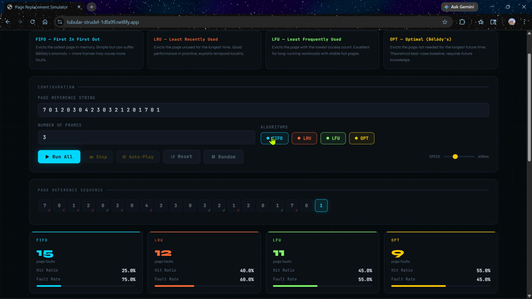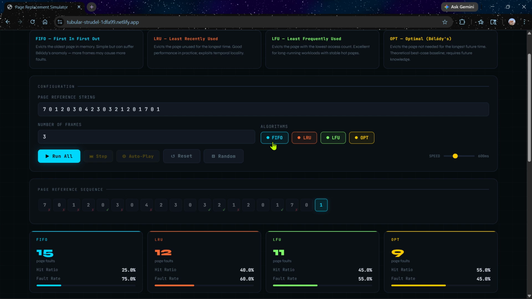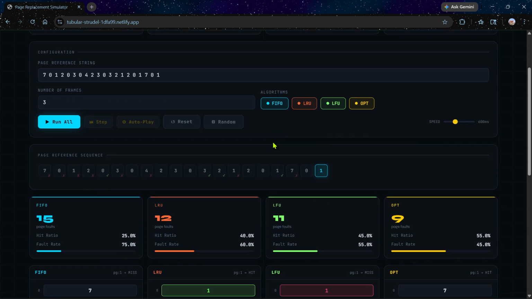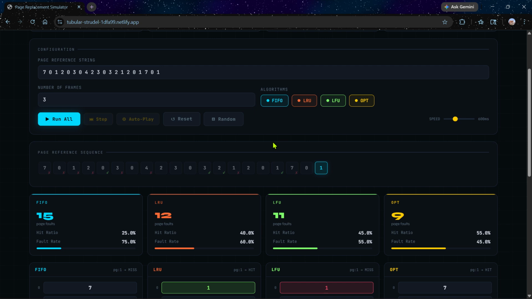The key idea of this page replacement simulator is that when the memory inside the system is full and a new entry wants to enter the stack, the operating system must decide which existing page is to be removed. It traverses frame by frame through memory space and through different rules fed into the algorithm. The simulator takes the call. Each algorithm affects the plot, affecting the final performance of the overall system.